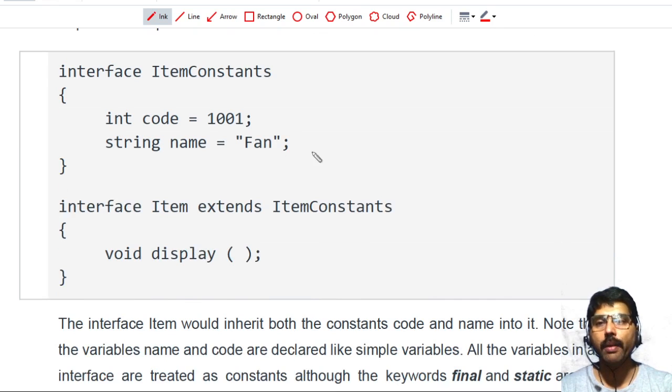Now if I am not doing extension here, if I am not creating two interfaces, and the programmer wants only the constant values, he doesn't want the display. If he created only one interface called item, in that case, even though he doesn't need the display, he has to write the code for the display in the class.